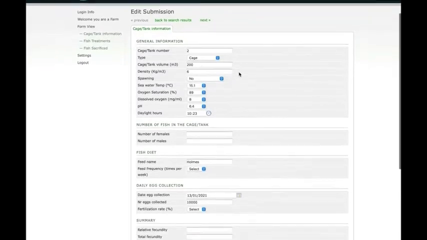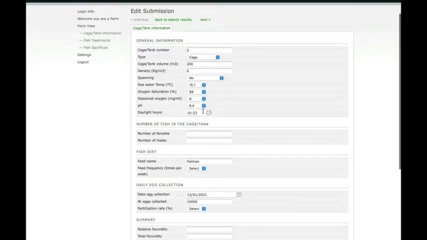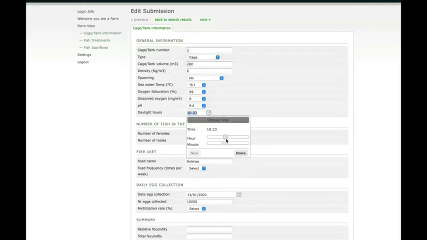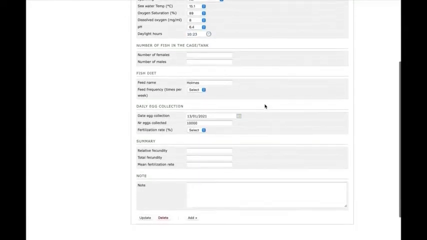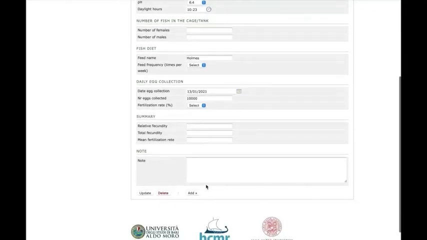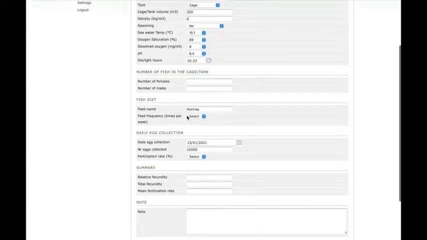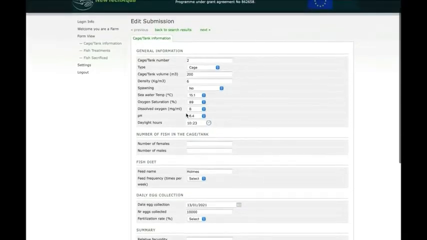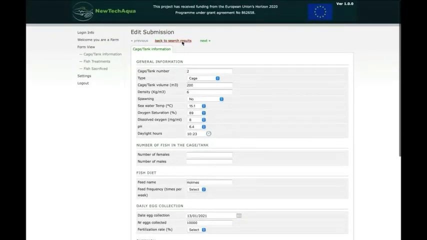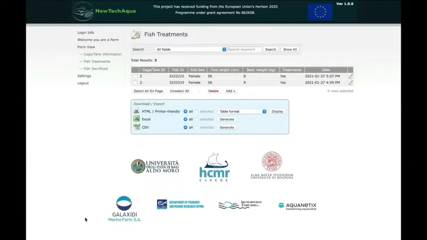By clicking on the Edit button, the farm operator sees the different parameters available in the form, such as ID number of the cage or tank, temperature, salinity, and so on, and can fill the form by clicking on check boxes or drop-down menu. The entered data can be corrected if wrong. However, if the farm operator wants to enter new data, for instance a new temperature record, he must start a